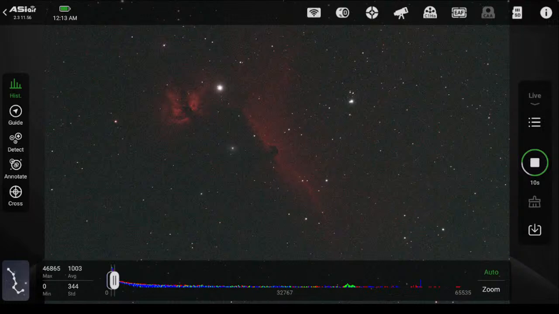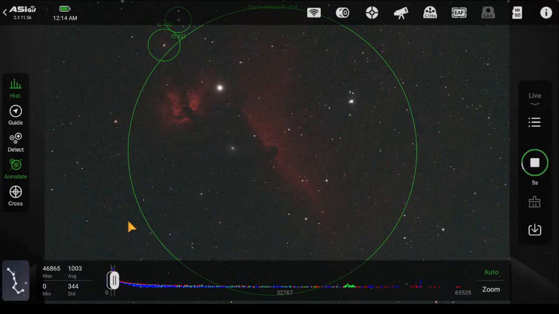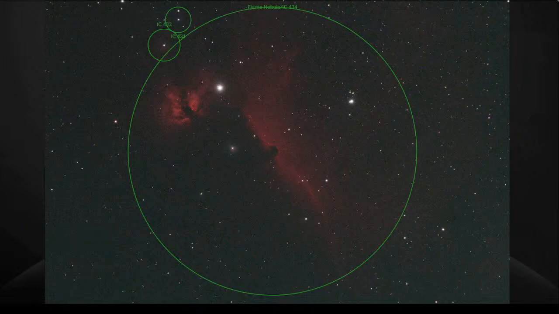No, the Horsehead. If you hit the annotate button on the left, it's not going to identify the Horsehead itself, but the Horsehead is actually that little piece at the center there. And when it comes on a little clearer, you see it actually looks like a horsehead. And the head is going to the left, maybe. Yep. And so it's actually a dark nebula, and you can see it because of the light being reflected behind it. Gotcha. There we go, guys.